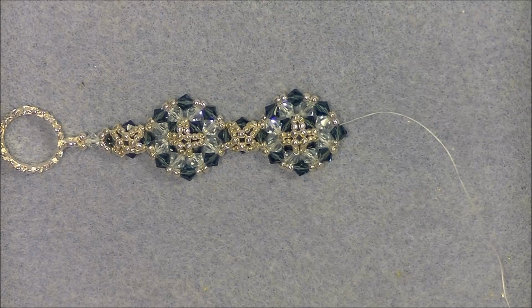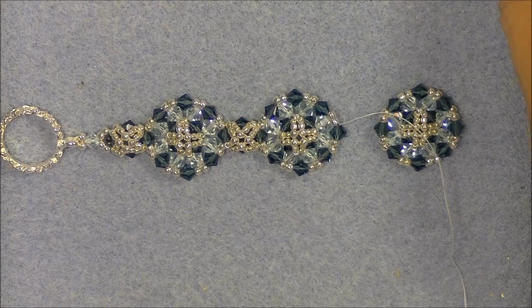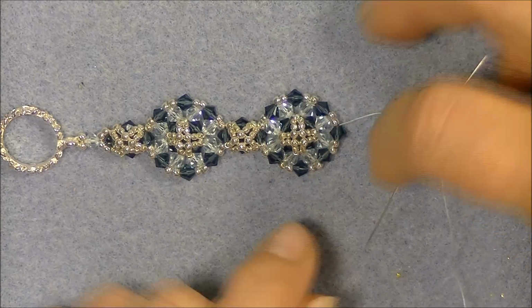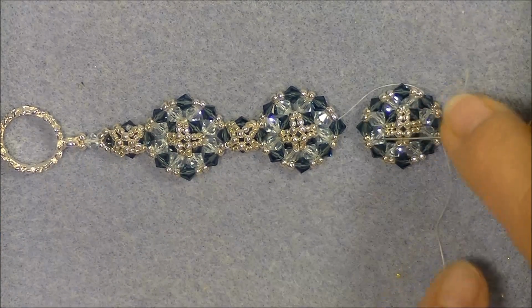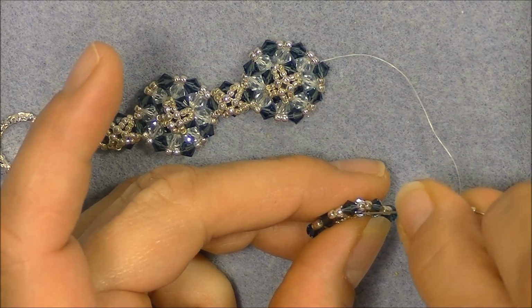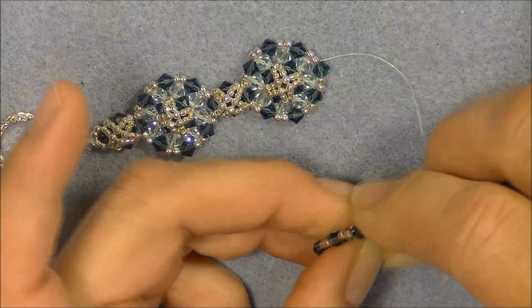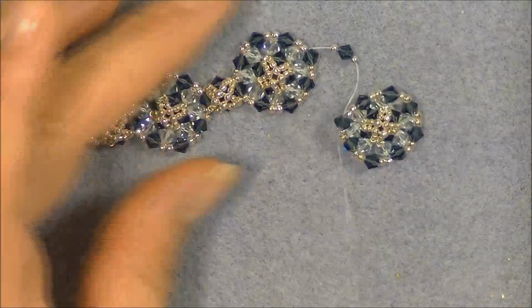And then you will begin making another connection for your next component. We are exiting this crystal here after sewing all the way down. So what we're going to do now is connect our next component. We will pick up an 11-0 seed bead, a color A crystal, and an 11-0 seed bead. We're coming out of this side of our crystal. We're going to go into the same side of the crystal on the next unit, making sure that we've lined up our component so that it lays the same way our previous components do. And then we will come down through the same side of the crystal that we're exiting from on the opposite unit and pull these beads down and pull the component close to the other component,